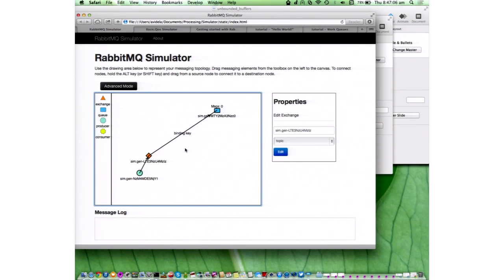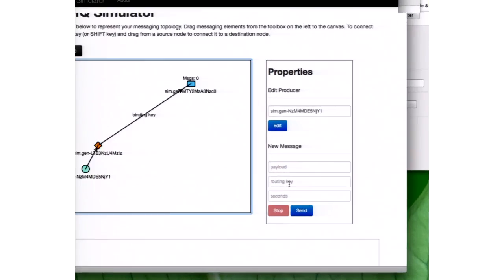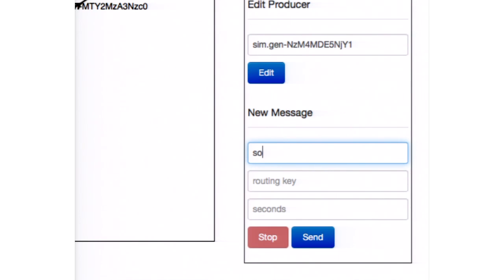And so whenever we send a log, as a producer, we will have a payload, like something happened. And we will say, server 1, send this log from application 1, and it's info. You can see that I'm using words separated by dots.